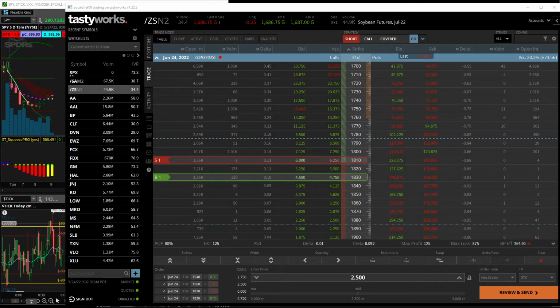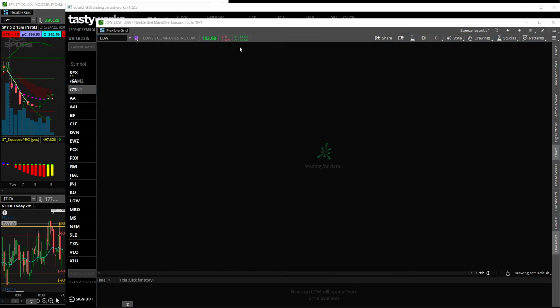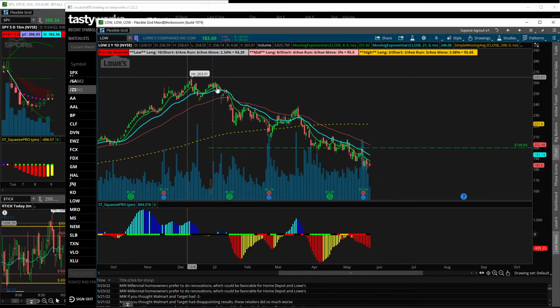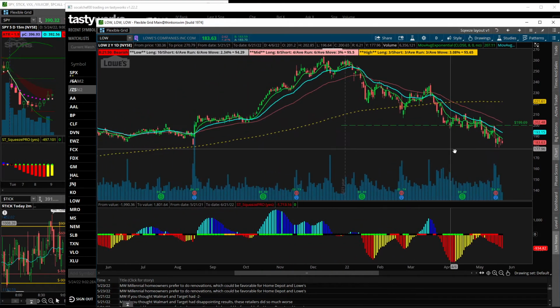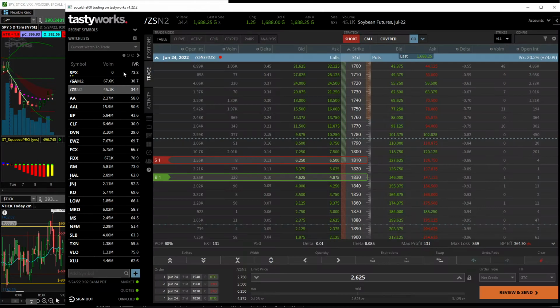Couple of downside plays here now. Going to be Lowe's. Now Lowe's is already down 1.5%. So we'll see. Lowe's has been strong to the downside here, following that ADMA. Good strong momentum. Still has a light squeeze to go. So I'm looking for this squeeze to fire short, break support of that close to 180 level, and then it's got some run room down here to 150s. So looking at Lowe's,